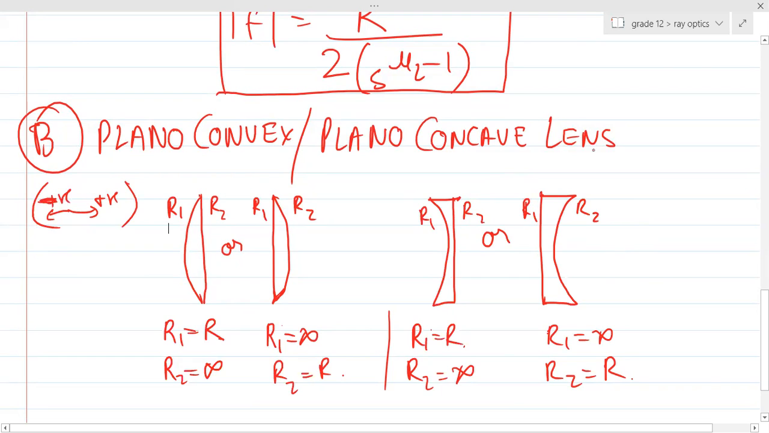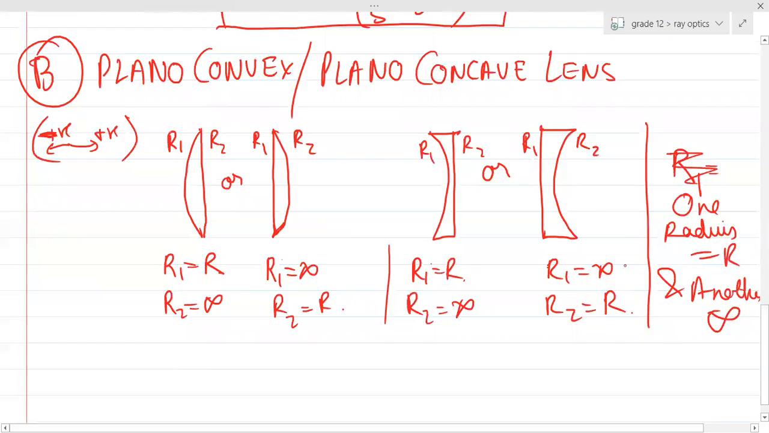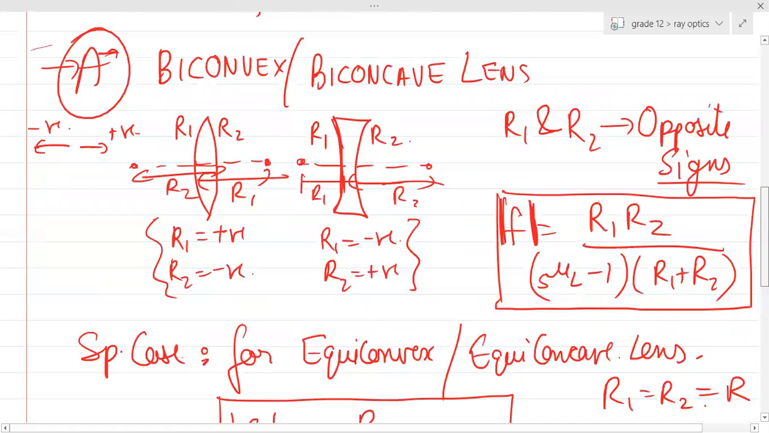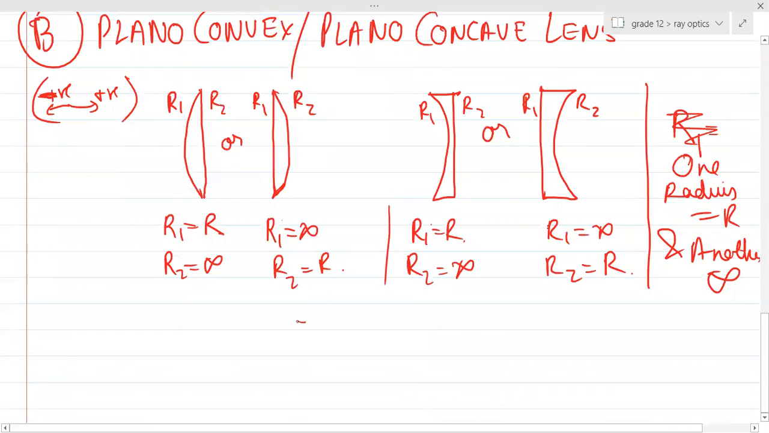In the case of a plano convex or a plano concave lens, one radius is something and another is basically infinity, right? So if I put these values in the lens maker's formula, one of these terms will become zero, because 1 upon infinity is 0. Only 1 by R will remain if I just want the magnitude, and then I'll take the reciprocal, so the final answer for the magnitude of f will become R divided by